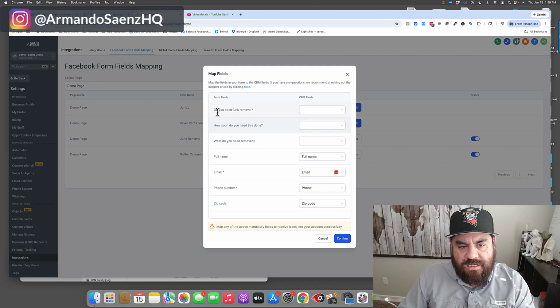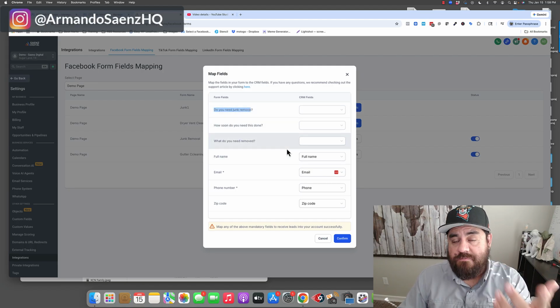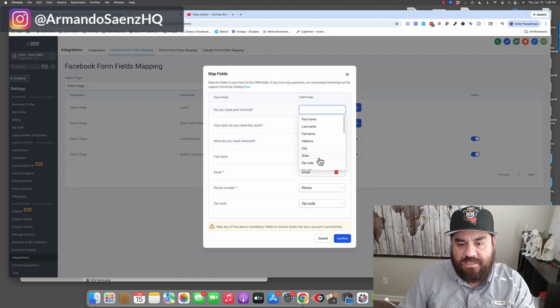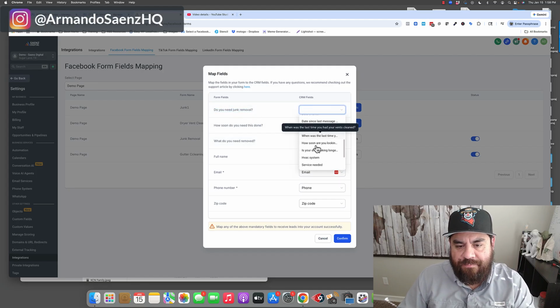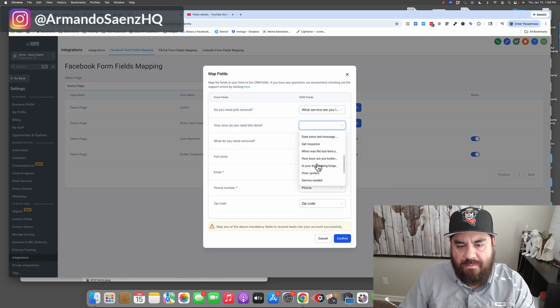Now, these other ones that I have here, these are custom fields. And in order for me to map a custom field, I have to have this field that exists. So if I expand in here, I can see that I have an actual field called, do you need junk removal? So what kind of service are you looking for? That's what I want. And I select where I want these fields to be mapped. Now, once you have these fields mapped, I'm just going to go ahead and pick a few in here. Once I have it mapped, I click confirm,